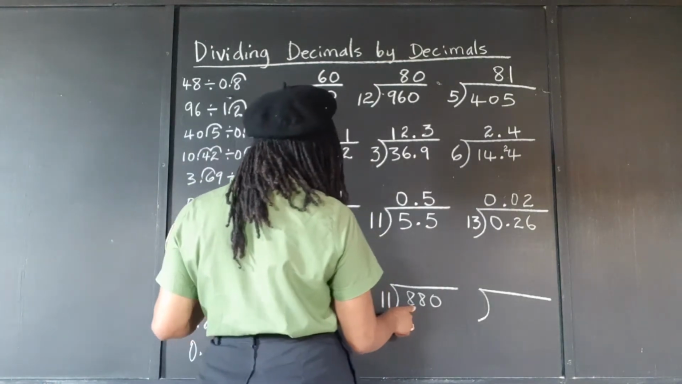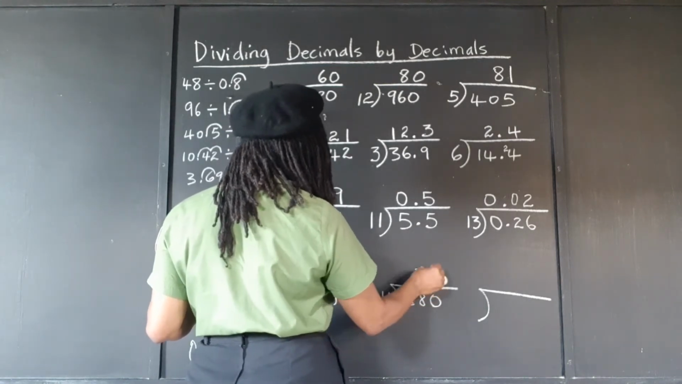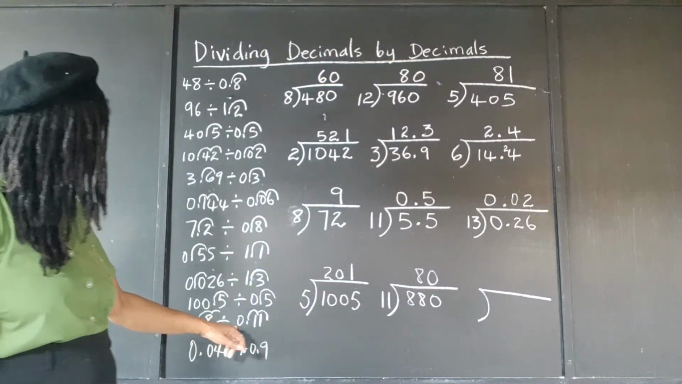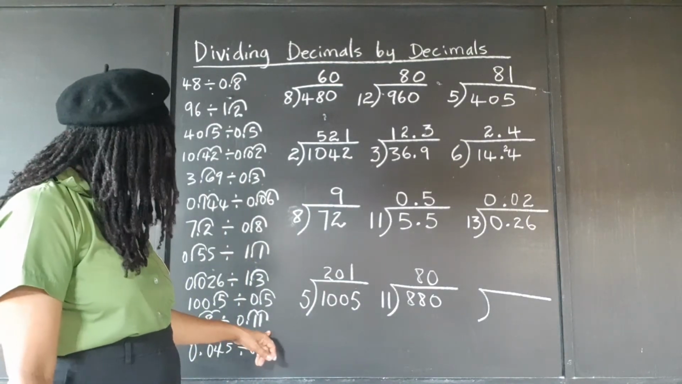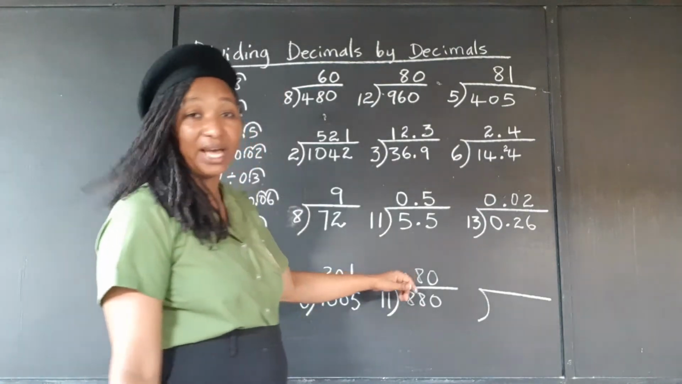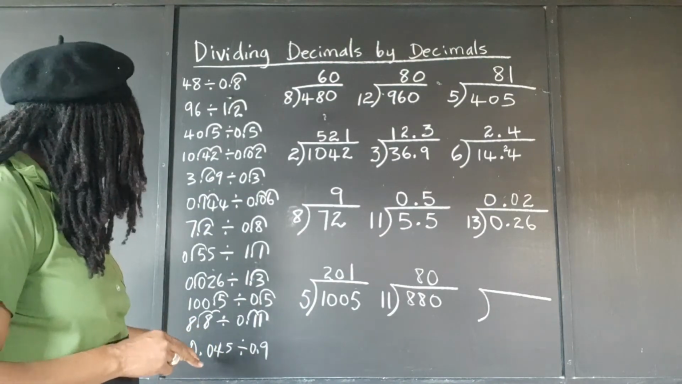11 into 8, you can't. 11 into 88, 8 times. 11 into 0, 0. 8.8 divided by 0.11 is the same as saying 880 divided by 11, and that quotient is 80. Our final problem,